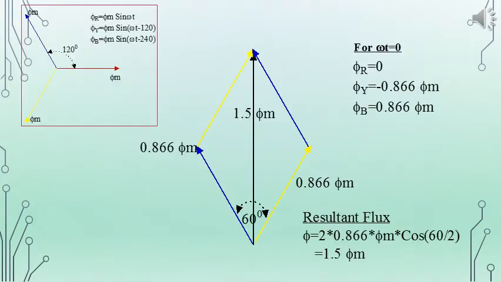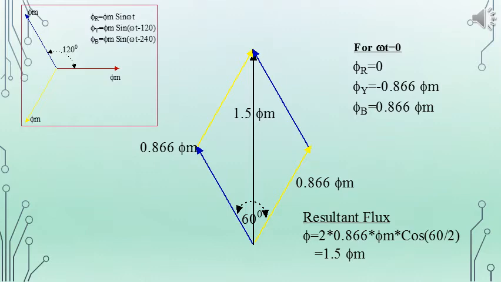Now we will analyze the flux of each phase considering a particular instant. Here in the slide we consider omega t equal to 0, and we have written the corresponding magnitudes. On the left side we can see the general equations and the phasors, and at omega t equal to 0 we can find phi r, the magnitude is equal to 0, phi y is equal to minus 0.866 phi m, and phi b equal to